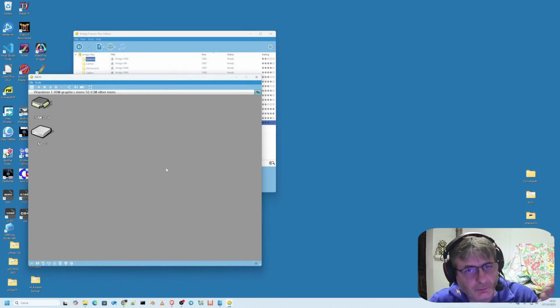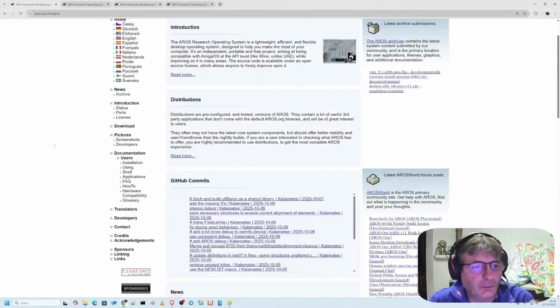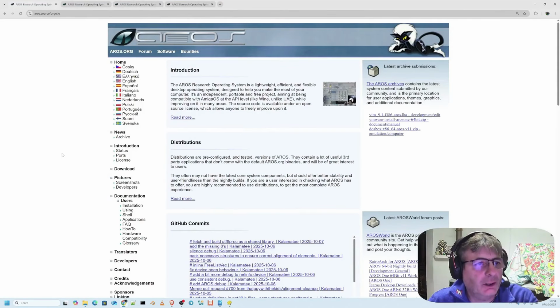And voila! Another operating system, as you can see here, Aros, which is also purchased by Cloanto, Amiga Forever. We may also return to analyze some more practical aspects. Now, let's go to what is the Aros website anyway. As you can see, aros.org, I have already selected some tabs.